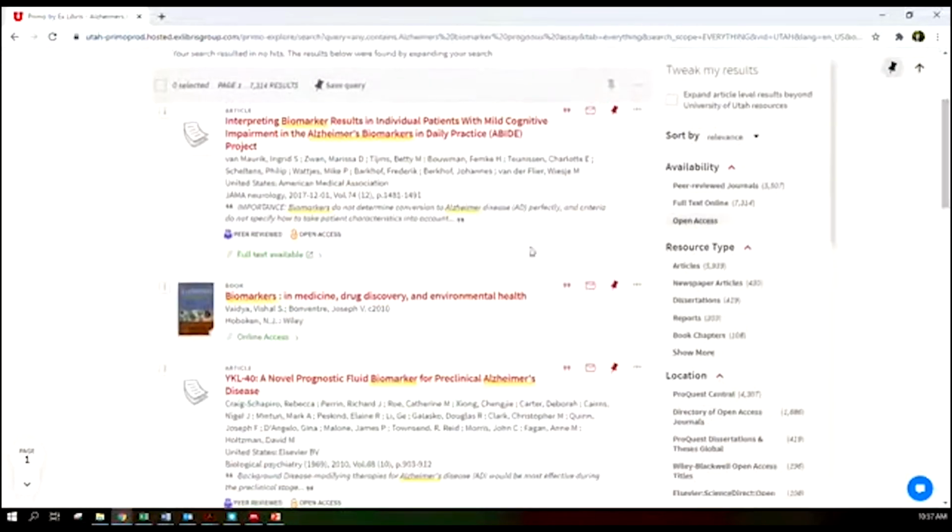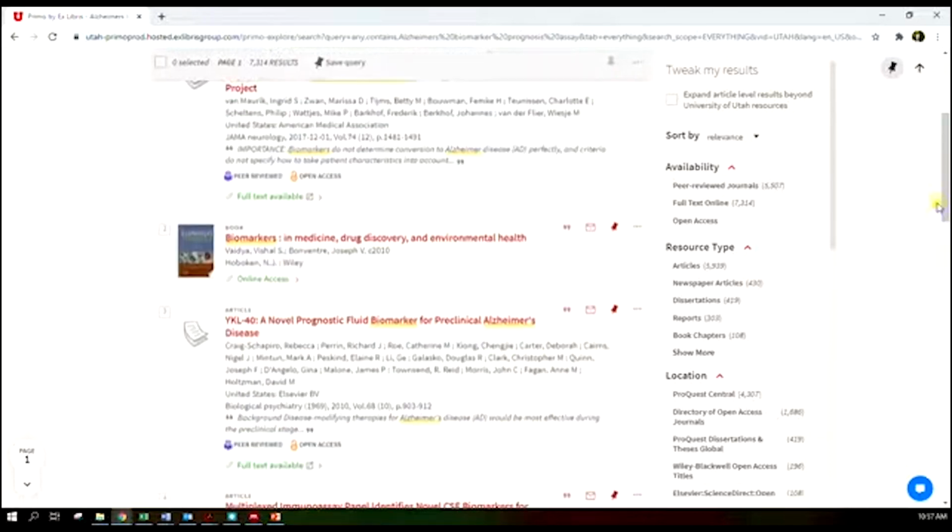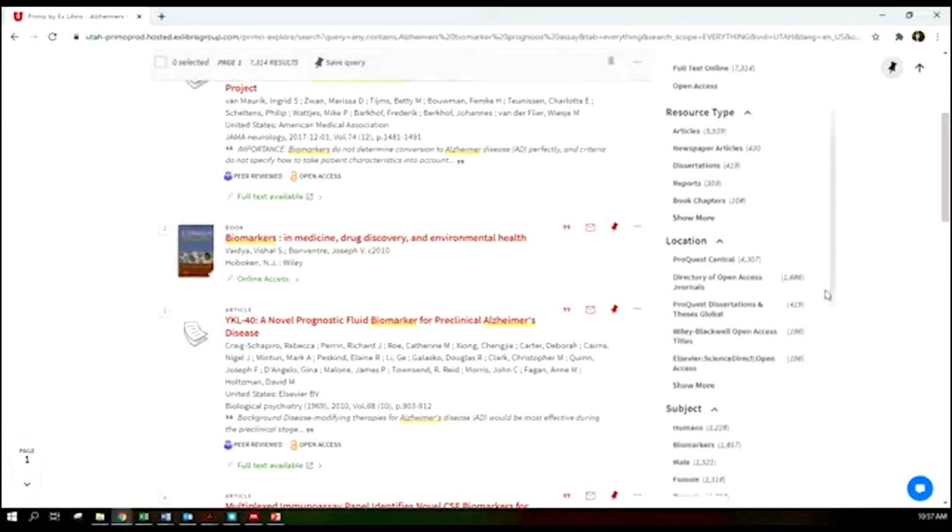So I've got some books. Ooh, I've got a novel prognostic biomarker for preclinical Alzheimer's disease. This sounds amazing. I like that one. All right. So this is pulling up everything, and we can see here that we have peer-reviewed journals, full-text articles, open access. We can decide what type of resources we want, the locations,